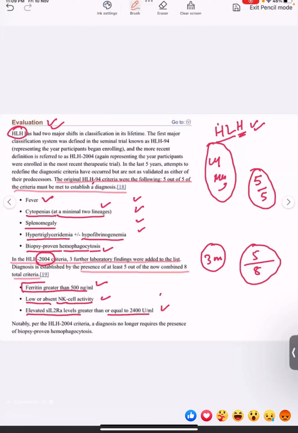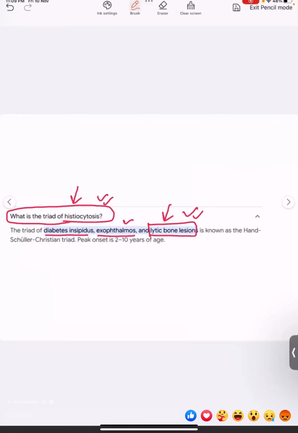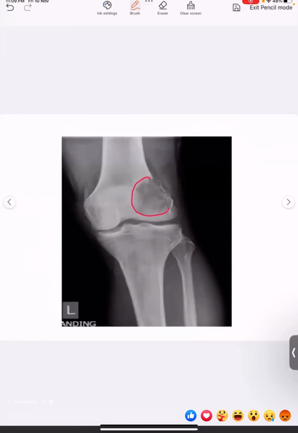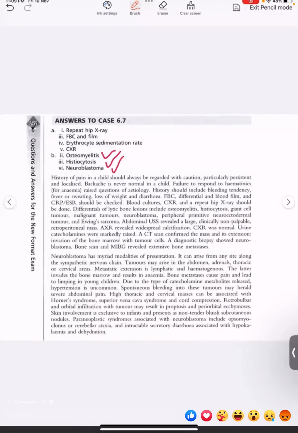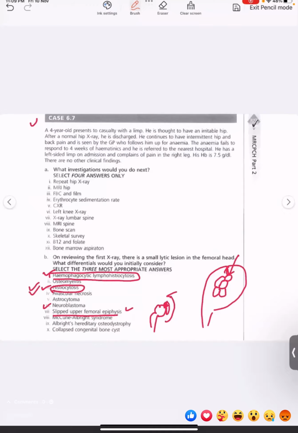You need not learn these, just to tell you why this is not a case of hemophagocytic lymphohistiocytosis. We need five things to label any disease as a case of HLH, but we need three things like diabetes insipidus, osteolytic lesions, and the third one, exophthalmos, to make a diagnosis of histiocytosis. So if we talk about the differential diagnosis of the lytic lesion of the long bones, we will definitely try to search for histiocytosis, not the